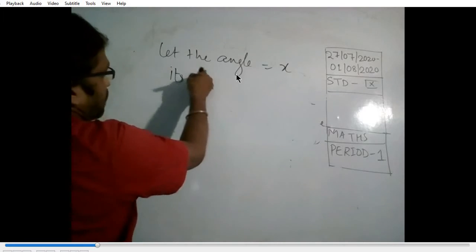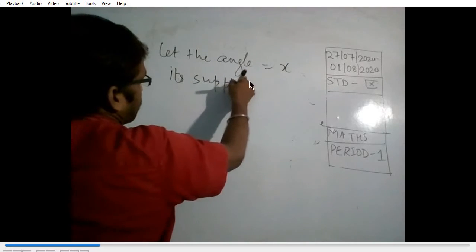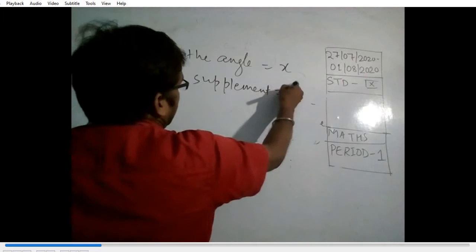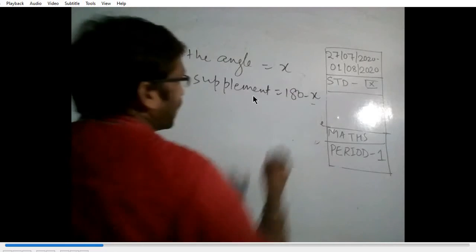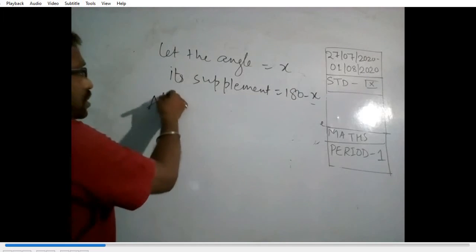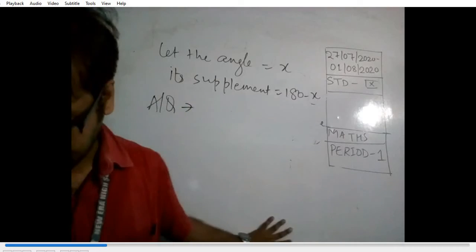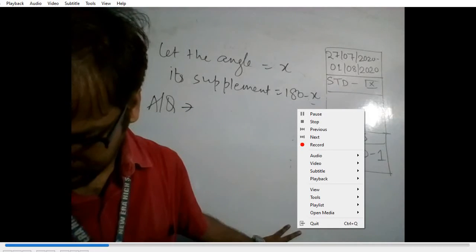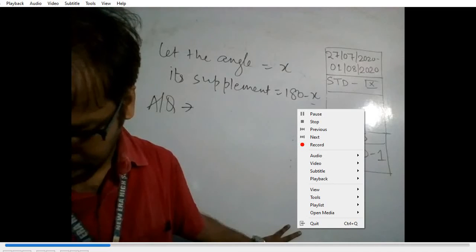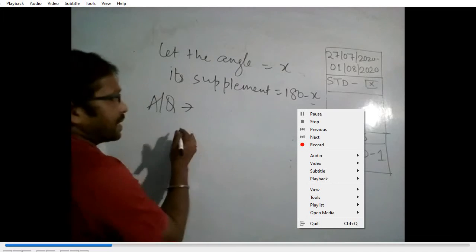Now I have no idea about that angle, so I have taken this as angle X. And then its supplement will be 180 minus X. Why? Because we already know that the sum of two angles is 180 degrees, so they both are supplements of each other. So now,